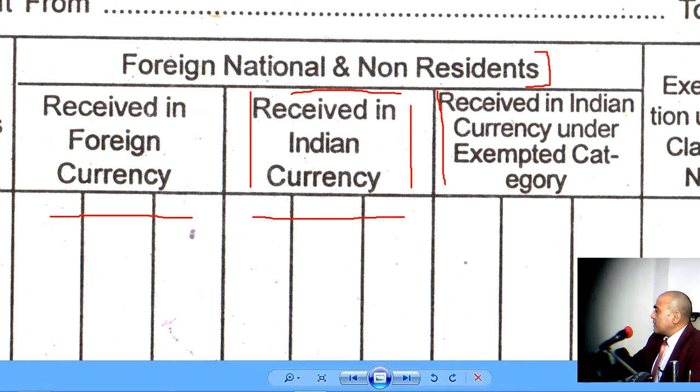And now the third one is, I think, the most technical. These are foreigners, no doubt, but they pay in Indian currency because they are exempted. They are under exempt categories. So who are these foreigners who are exempted under this rule that foreigners must pay in foreign currency? If you have heard about the embassies, the consulates of foreign countries in our country, even the Indian government has embassies abroad in foreign countries. So all the employees of embassies and consulates, if they are employed in India, then they are also being paid in Indian currency, and they are permitted, despite being a foreigner, to pay in Indian currency.